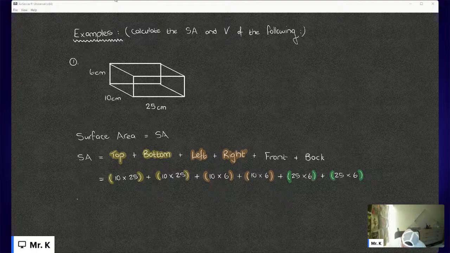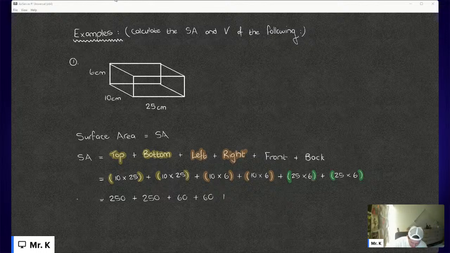If we go ahead and do all of this work in our calculator, 10 times 25 is 250 plus 250. In the orange brackets, 10 times 6 is 60, and we have that twice. Plus in the green brackets, 25 times 6 is 150, which also occurs twice. When we add all of this together, we're going to have a total of